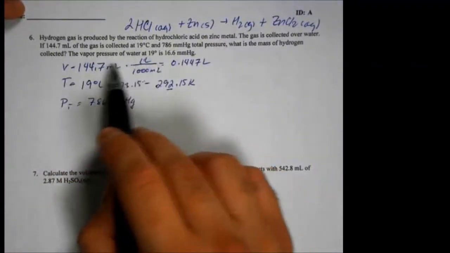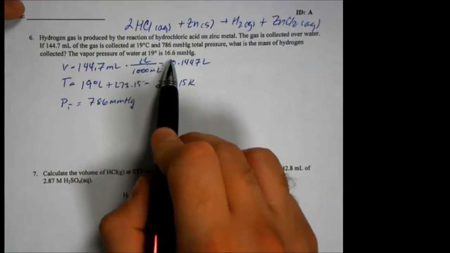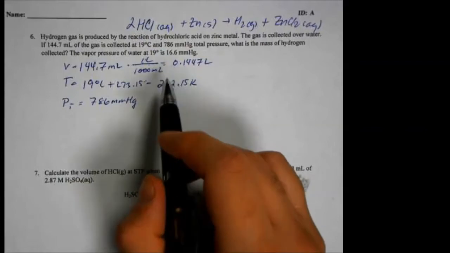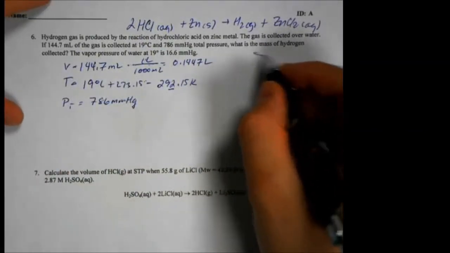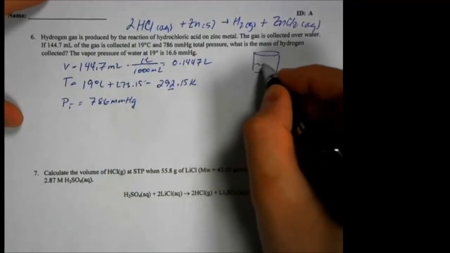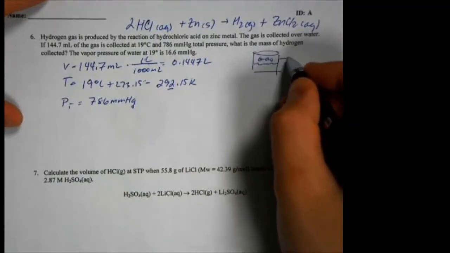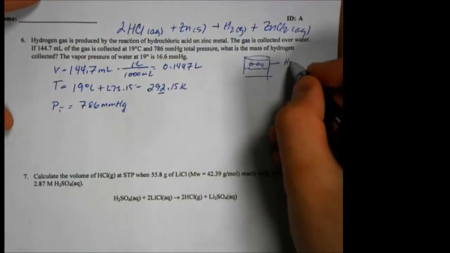And then here we go. Here's the kicker. The vapor pressure of water at 19 degrees is 16.6 millimeters of mercury. So this problem is just a classic Dalton's law of partial pressure. This gas, we collected it over water. So there's water here, then there's your gas in the sealed vessel. So this gas is actually a mixture of two different things. This gas is a mixture of H2O vapor